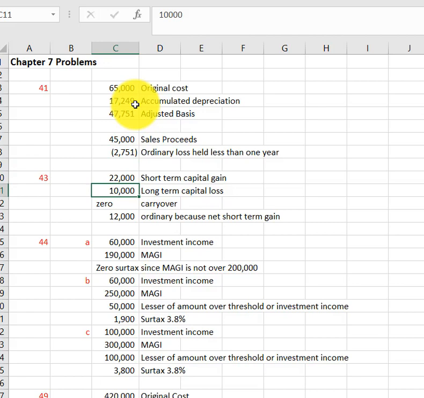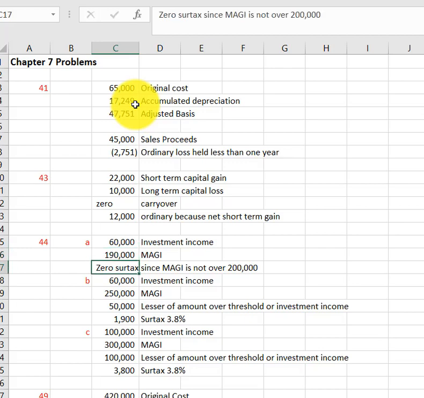43, 22,018 plus 4 is the two short-term capital gains. There's a long-term capital loss. There's not going to be any carryover, because the only thing that would carry over is a capital loss if you were not able to use it. And we're going to use all of this 10,000 to offset the 22. And so we're going to have a $12,000 short-term capital gain, which is taxed the same as